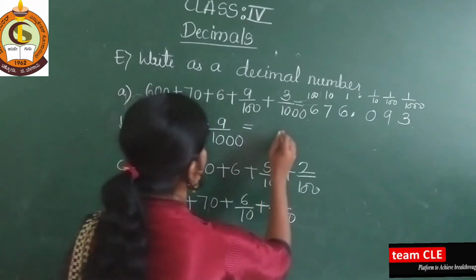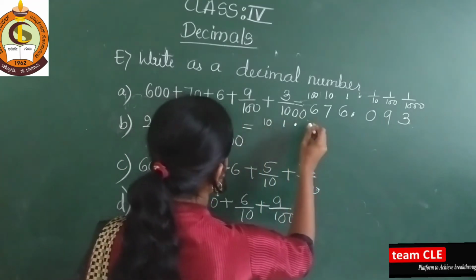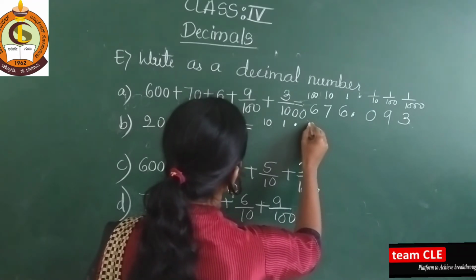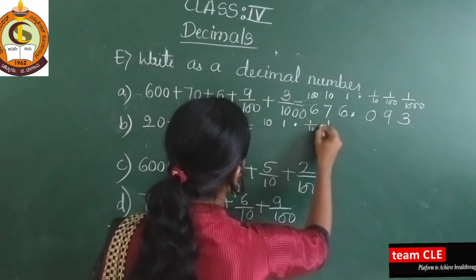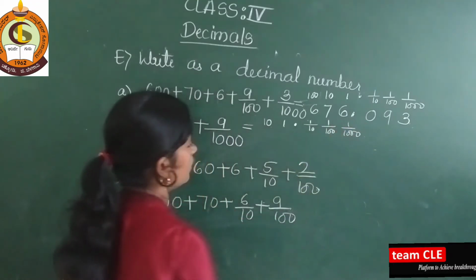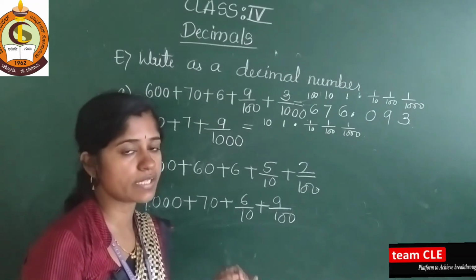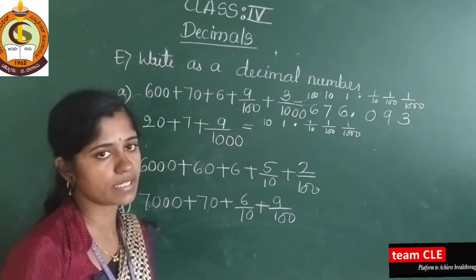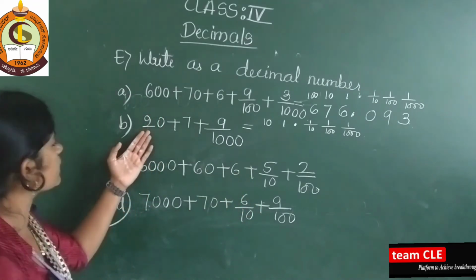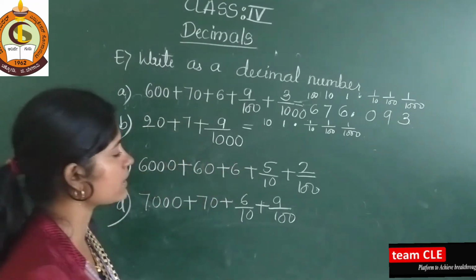Again the same procedure you have to follow. Point here 1, and here tens, and here you write 1 by 10, 1 by 100, and here you write 1 by 1000. Okay, so this is the place value chart. You are writing it as ones, tens, 100. I am writing it as in the number. So dear students, here 2 tens is there, means 20. 20 is there, means here 10th place is there.